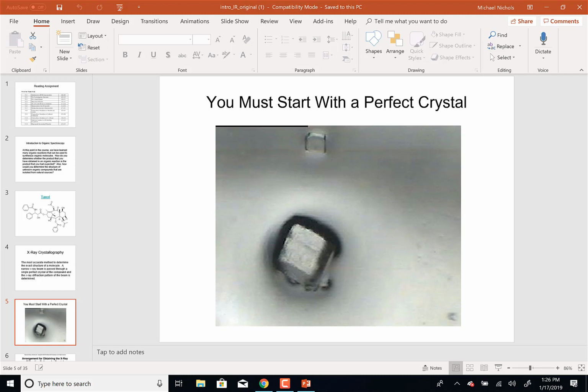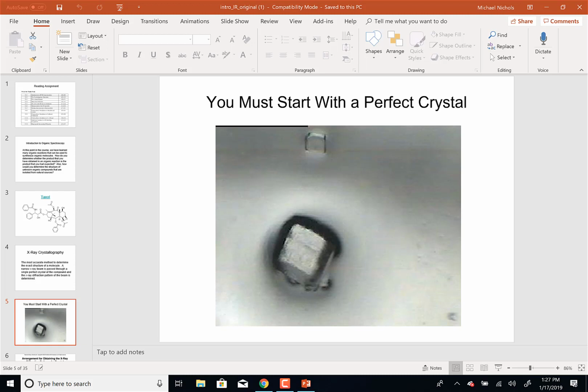Now in your biology textbooks, you see things like the structure of DNA, RNAs, enzymes. You either see the exact atoms or you see those little cartoons with those little arrow things, the beta helices or the sheets. Those all come from X-ray crystal structures. So this technique is used a lot in biochemistry and molecular biology, as well as just small molecule crystallography.